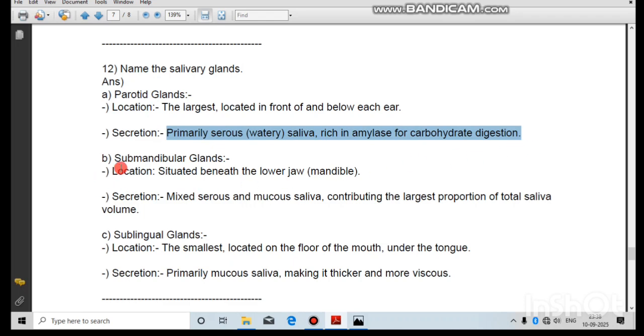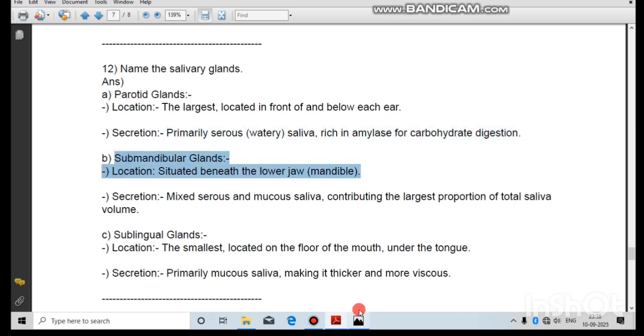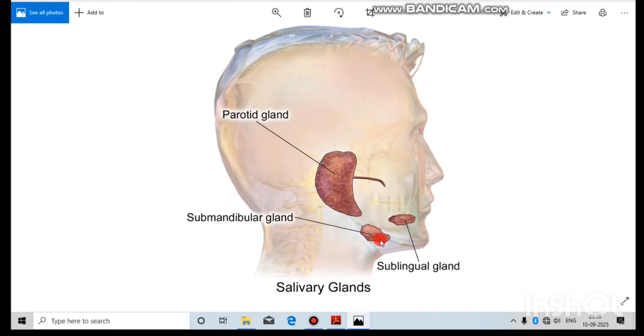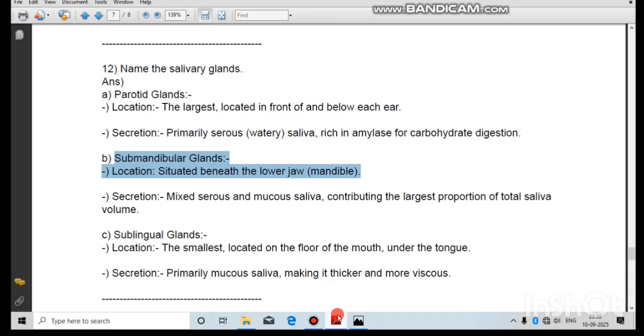The next type of gland is the submandibular gland, that is situated beneath the lower jaw. Here, as you can see, we have the submandibular gland, exactly near the mandible bone. What it will be doing, again, is secreting saliva, and it contributes the largest proportion of